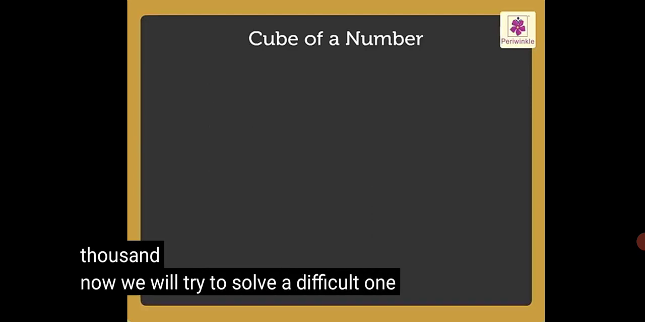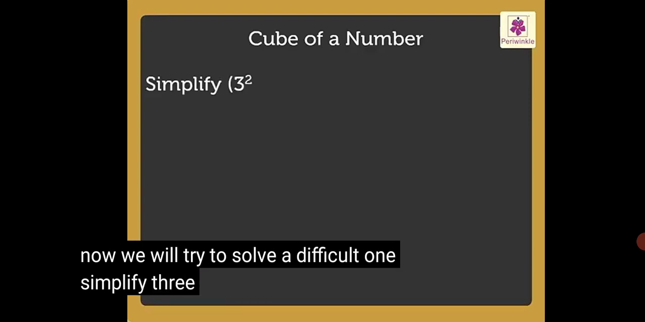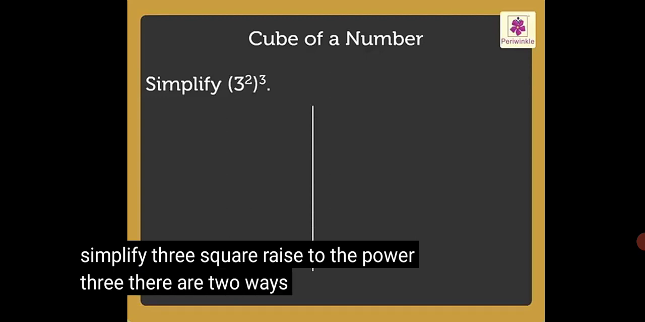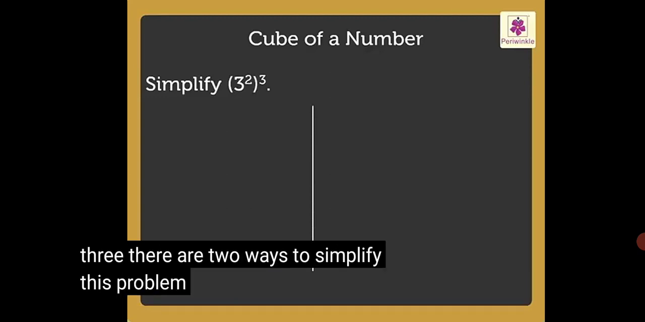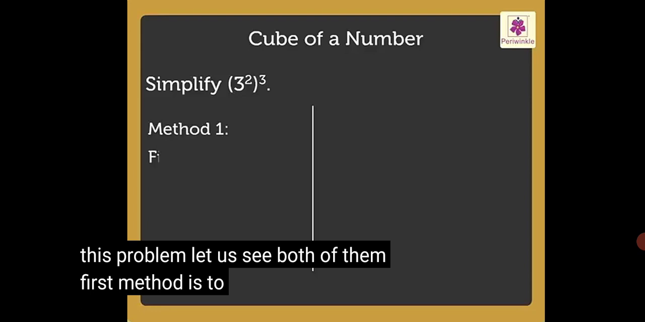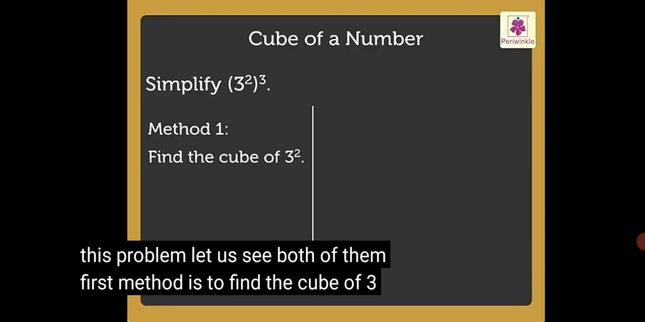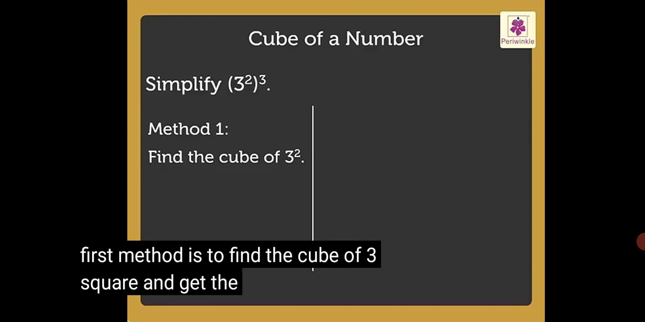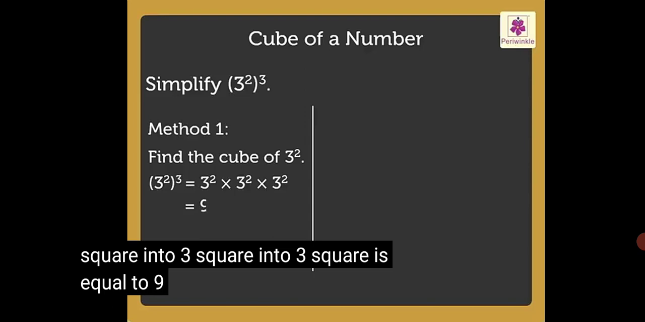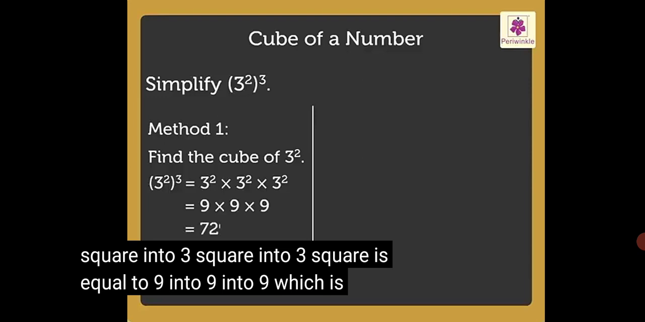Now we'll try to solve a difficult one. Simplify 3 square raised to the power of 3. Let us see the method. So find the cube of 3 squared. 3 squared into 3 squared into 3 squared equals 9 into 9 into 9, which equals